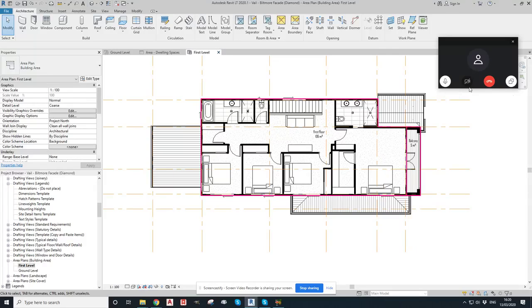Alright, I'll stop recording that. So that's the area, basically the schedule for the areas. That's that done. When it comes to windows and doors,